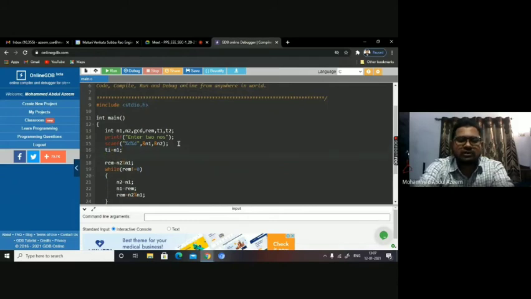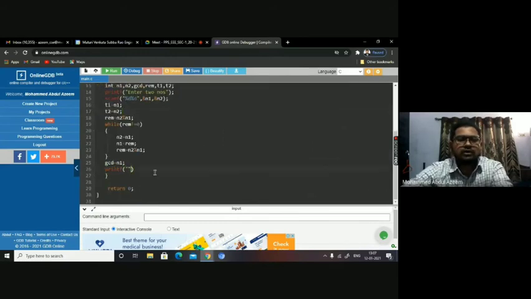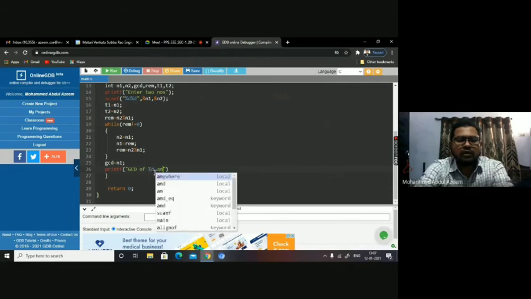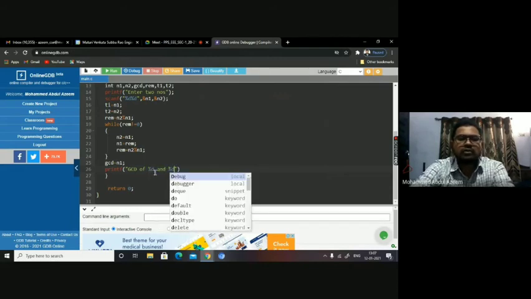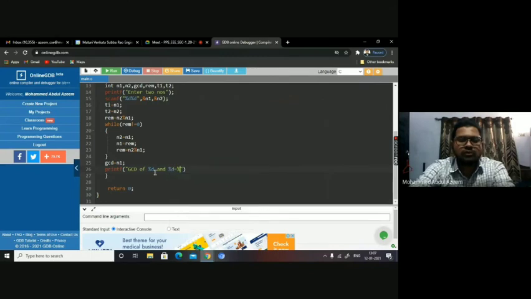What happens with this? The original numbers you can find in T1 and T2. If you want to print the numbers also here, you can print it with the help of T1 and T2. GCD of %d and %d is equal to %d.